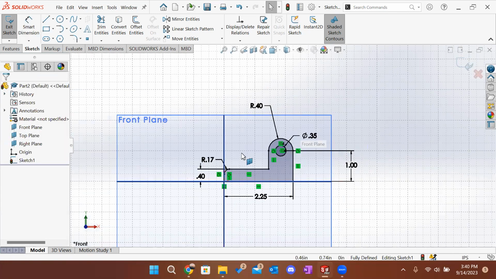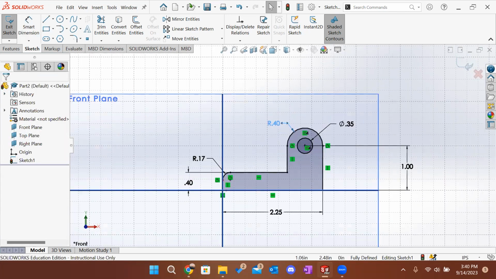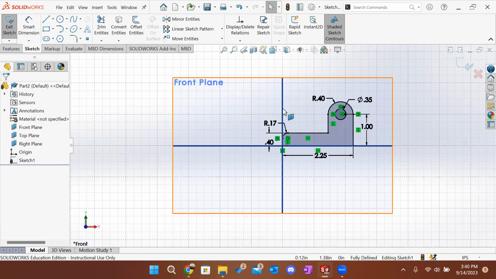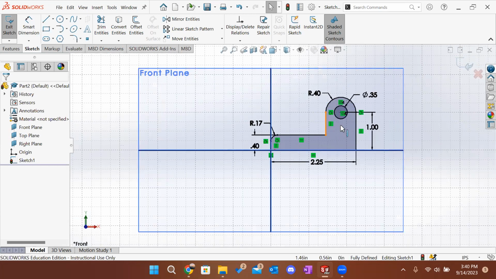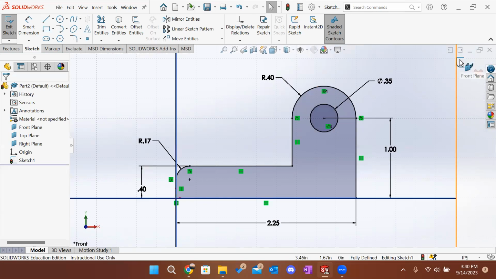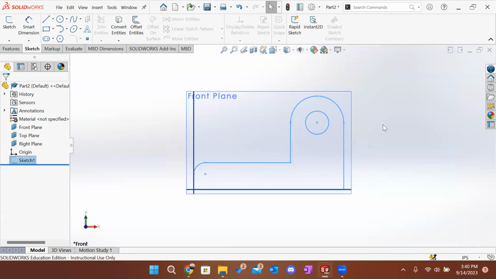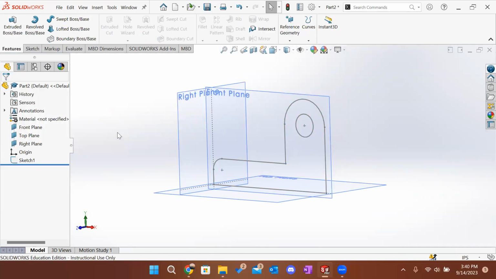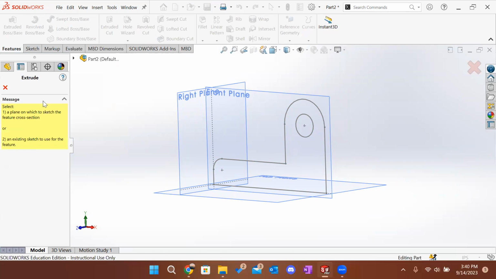Hit escape, I can get out of there. I'm going to drag all these dimensions in, make it a little bit cleaner. And at this point, what I'm going to do is hit the zoom to fit, and now it's going to fit to my front plane. I can zoom in if I want to see my part a little bit better too. So at this point, I'm going to escape or get out of the sketch, exit the sketch, and go back to the front plane. So if I wanted to make this into a 3D part, I go to Features, Extrude,